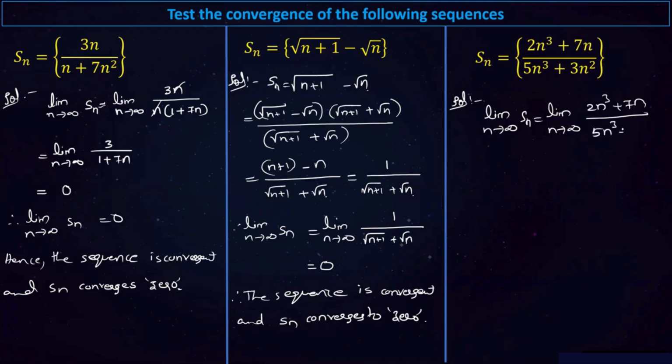If you look at these two terms, both the numerator as well as the denominator, from them I'm just trying to take the highest degree term common. So if you look at the numerator, the highest degree term there is n cube. So when I take n cube common from the numerator, we'll get it as 2 plus 7 divided by